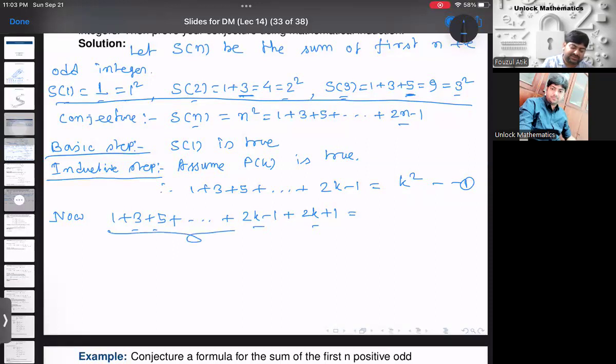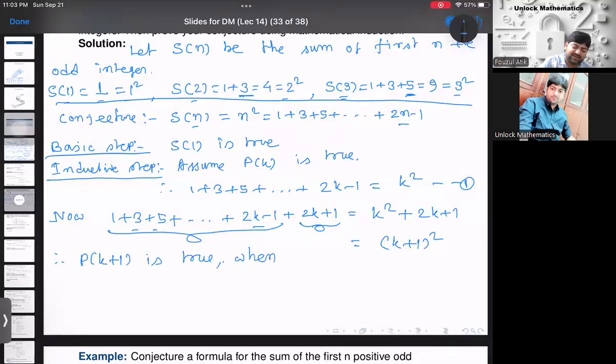But up to this much I have some value using Pk, which is k square. So this is k square, and this was already there. So k square plus 2k plus 1. But this is the same as k plus 1 whole square. So what you got? Therefore, we got the expression for Pk plus 1. Therefore, I can say that Pk plus 1 is true, because you have taken the help of Pk. Hence, by the principle of mathematical induction, PMI,